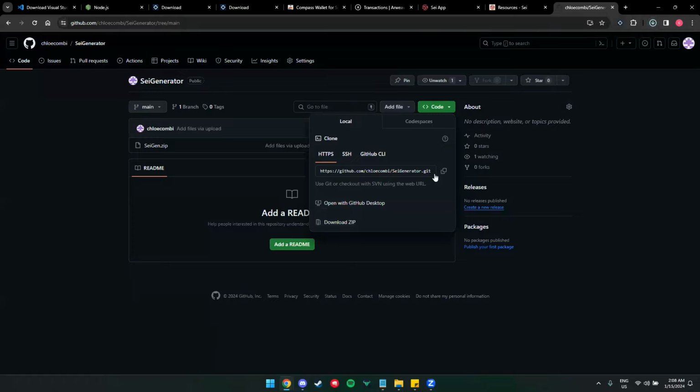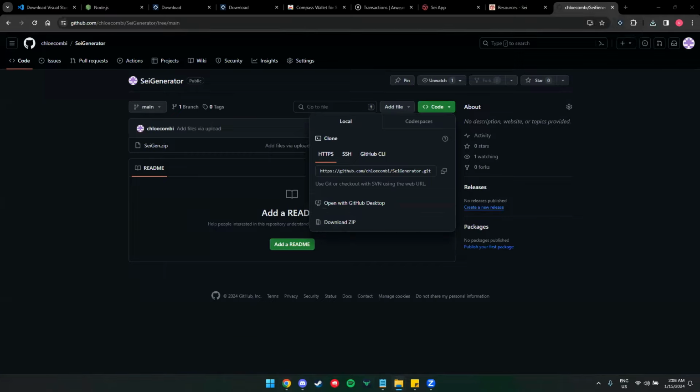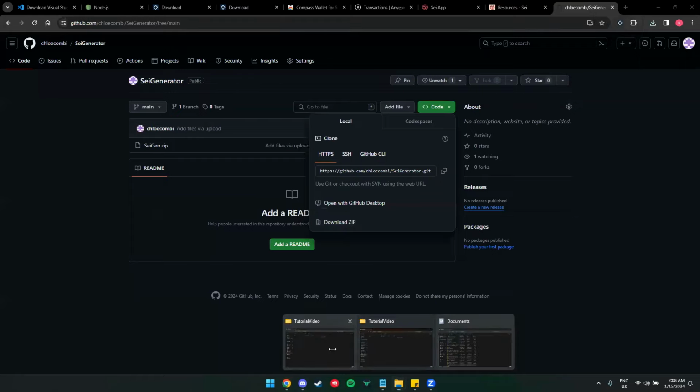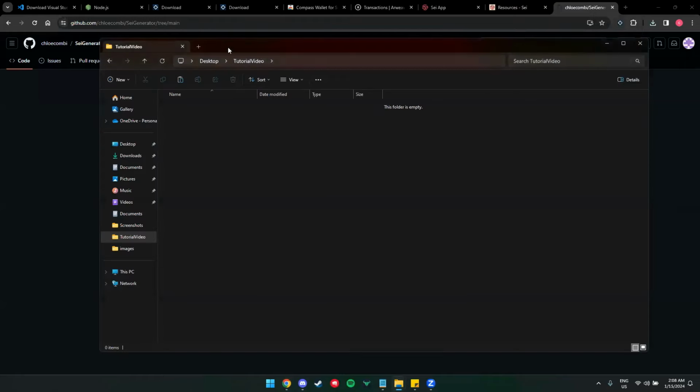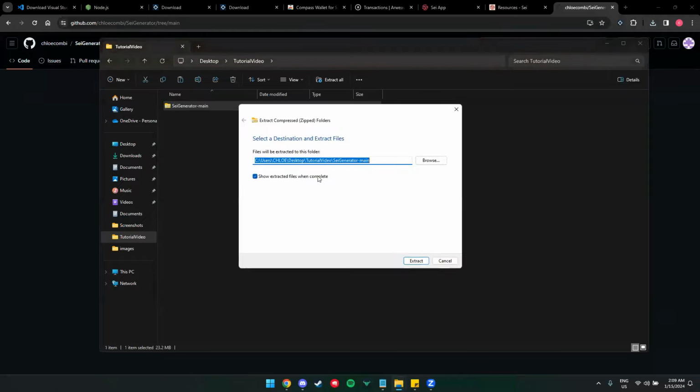After downloading, you need to extract the file for you to use and to generate your NFTs. I'll be putting it in my new folder, which is the tutorial video folder, and I'll be extracting it here under the same folder.